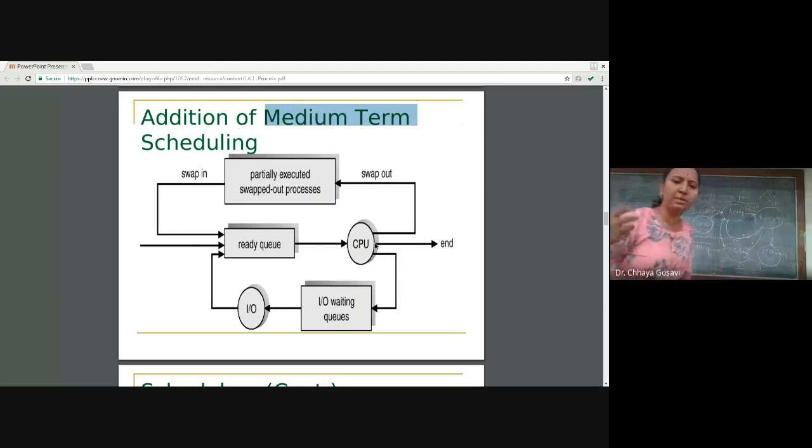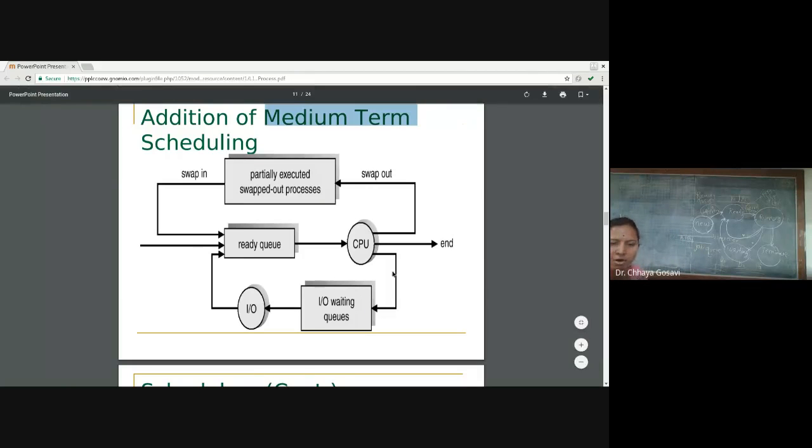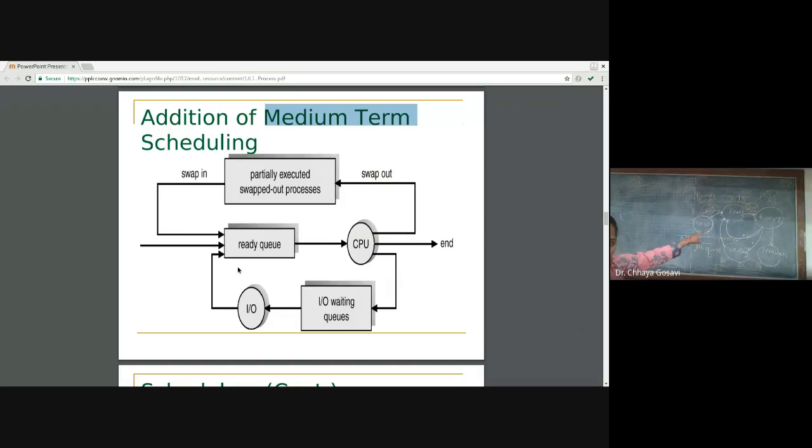If a process is executing in the running state, it is removed from the CPU and put back in the ready state, or it is allocated to the wait queue, the waiting state, where it performs IO operation, and when IO is completed, it is back to the ready state. This is done by the medium term scheduler, swap out and swap in. The medium term scheduler decides if a newly arrived process has more priority than the current executing process, or the current process has finished its time quantum, and then that process must be brought back to the ready state.